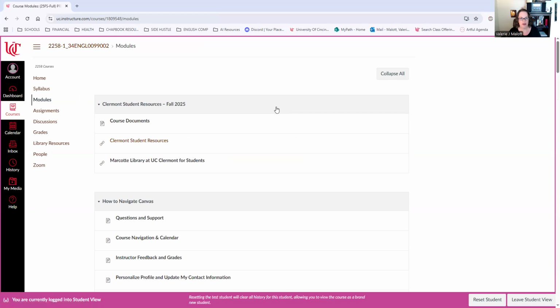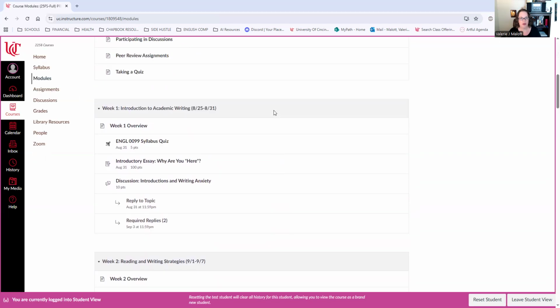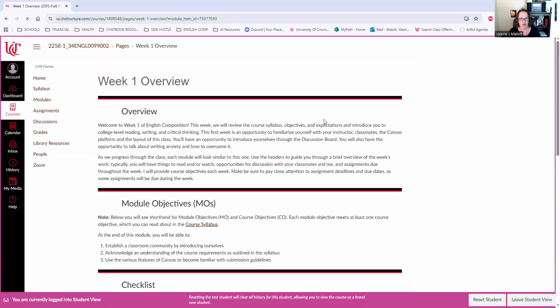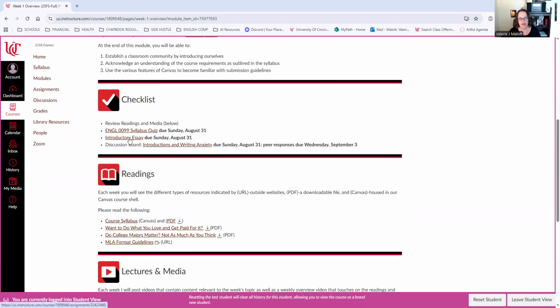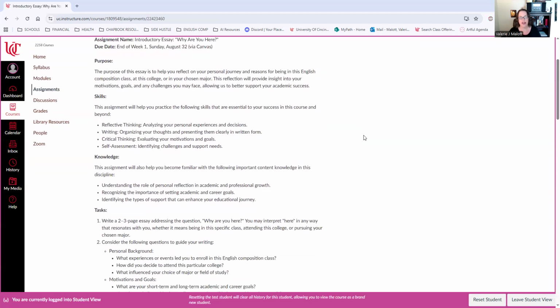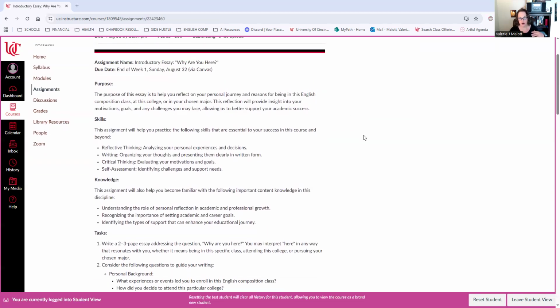The second assignment is, go back into the overview. Second assignment is the introductory essay. Now, the introductory essay, you are kind of answering the question, why are you here? I don't expect this to be a perfect essay. If it's been a long time since you've written an essay, or perhaps you've never really written a formal essay, this helps me to see where your skills are and how I can adapt the course